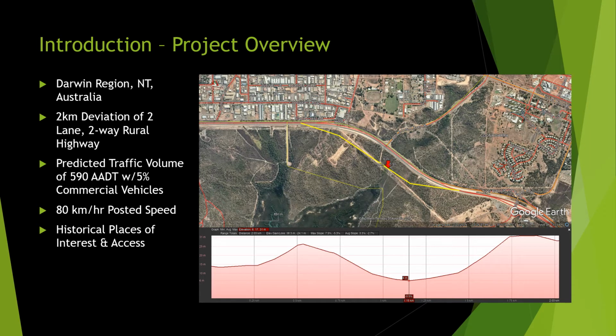To give an overview of the project, this is a road deviation which is 2 kilometers long in a two-lane, two-way rural highway formation. It is located just outside Darwin in the Northern Territory, Australia. Predicted traffic volume for this road is 590 vehicles per day, with 5% of those being commercial vehicles. The posted speed for this road is 80 kilometers an hour, while also we need to maintain access to historical